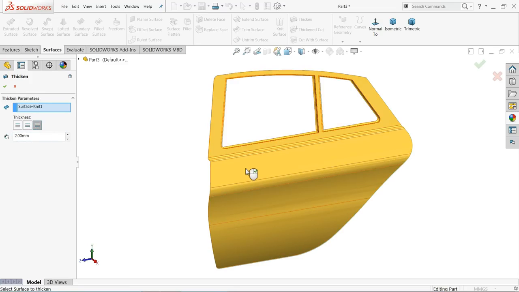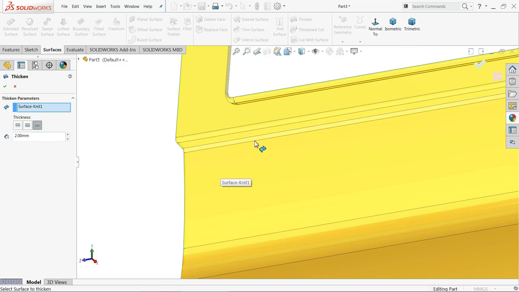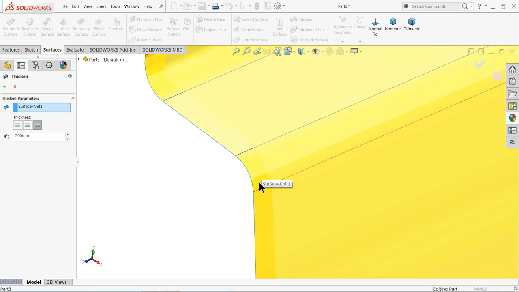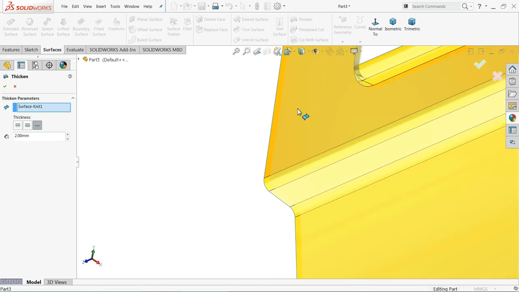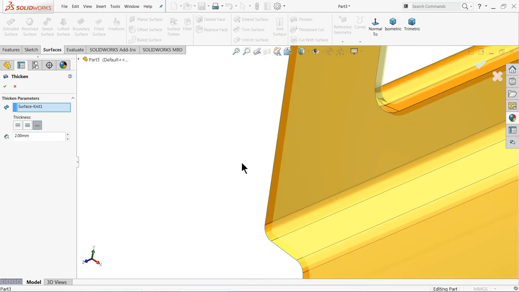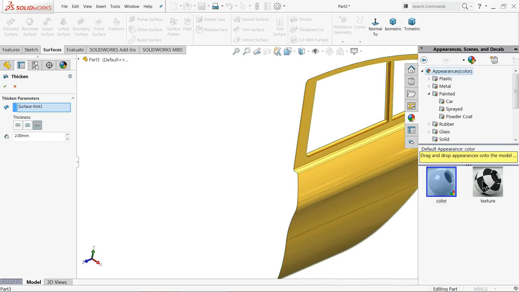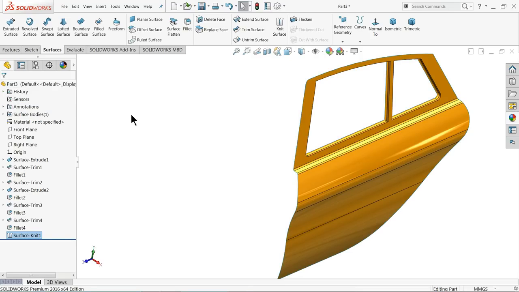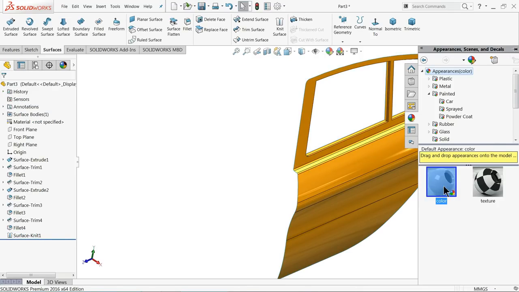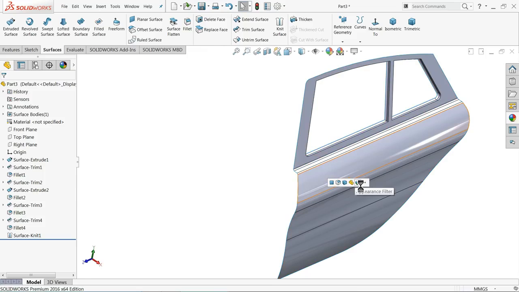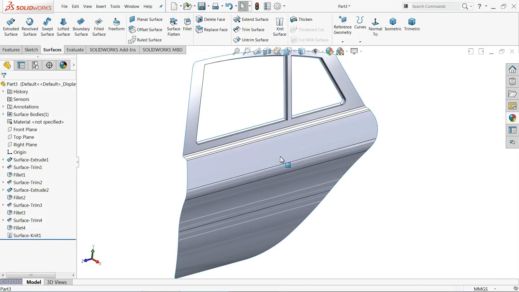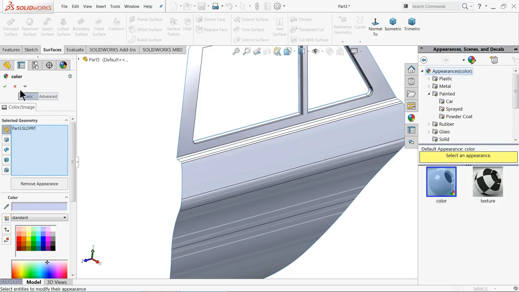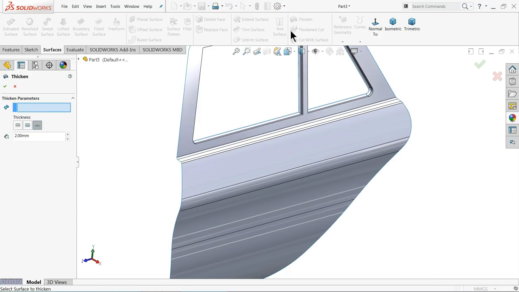Now it's time to add thickness. Two millimeter, I'll choose this body. Now you can see the thickness. Actually we took the color, that's why. Okay, now let's add thickness.